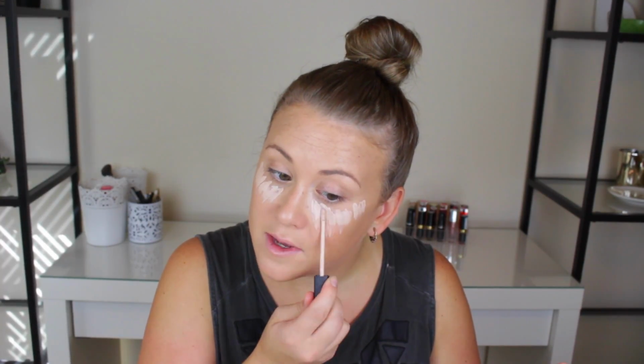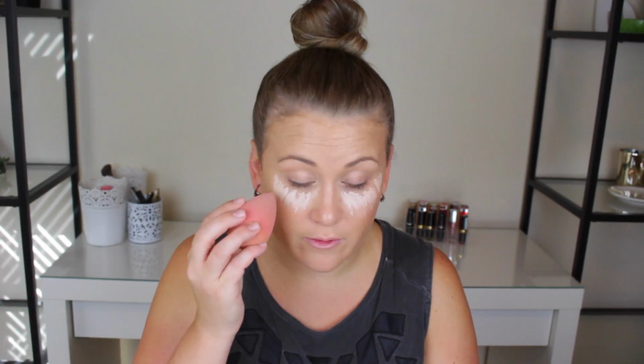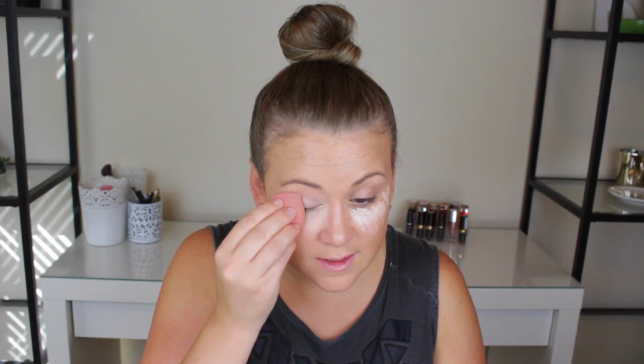Then the next thing that I like to do is I go in with my concealer, which is the Nars Radiant Creamy Concealer in Light 2, I believe it's Light 2. Yeah, Light 2 Vanilla. And I'm gonna just cover up these awesome dark circles that I have been blessed with. And I really like to pack it on because I just do. And then I'm gonna go in with my Beauty Blender, but the pointy end of it, and just blend this all in, even on my eyelid, because today's makeup look is quick and easy,